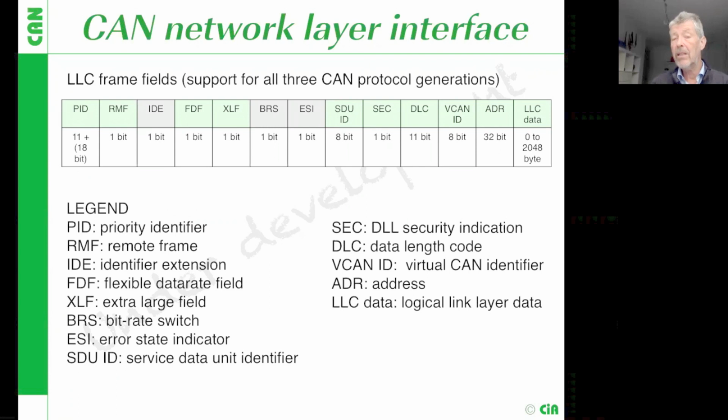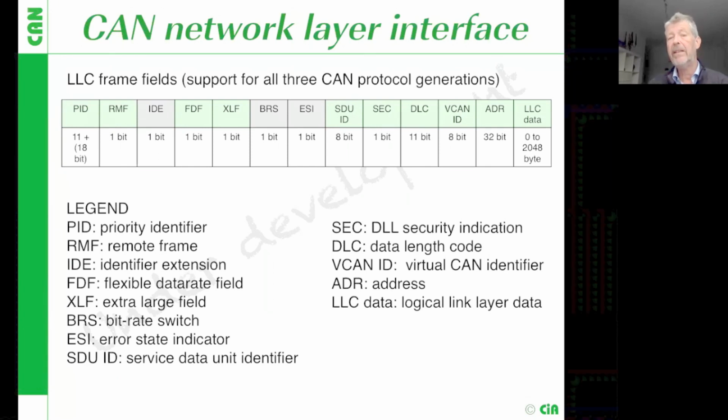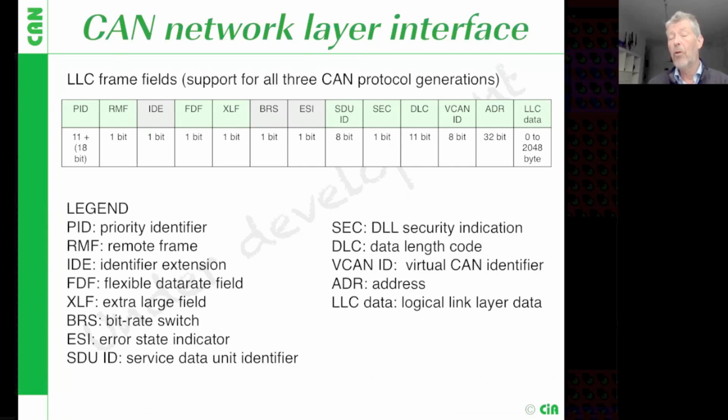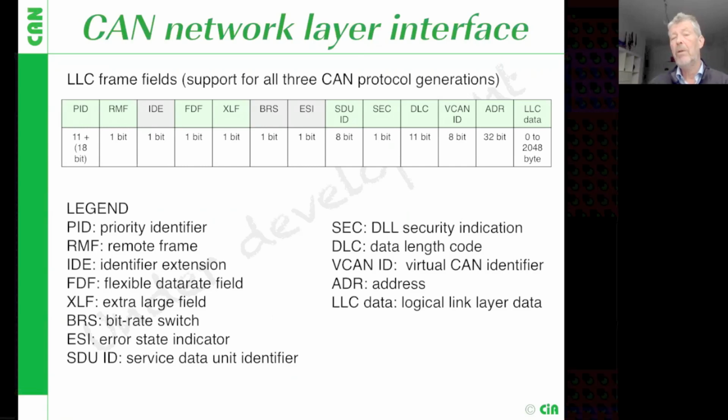We have the data length code, and we need a longer data length code for CAN XL because we have more data which we can transmit. And if you're using the same software interface for classical CAN and CAN-FD, then just the four bits will be used, and the other ones are ignored or don't care. We have an 8-bit